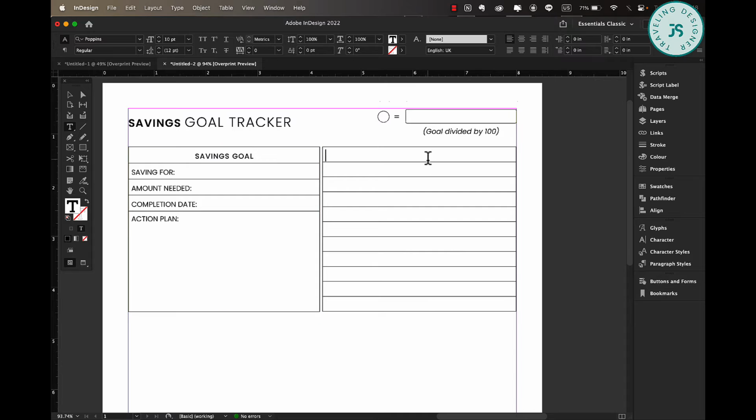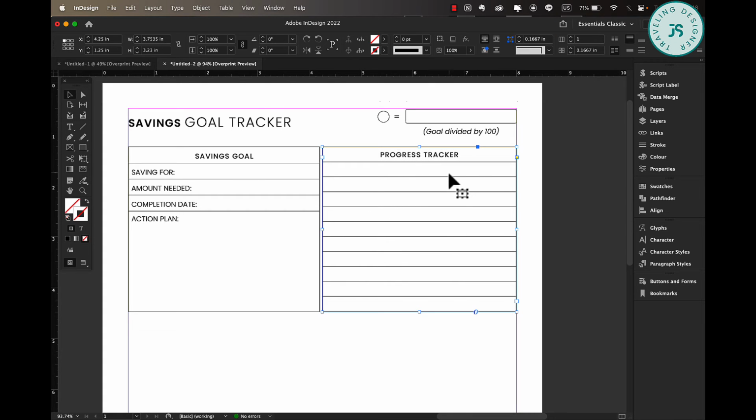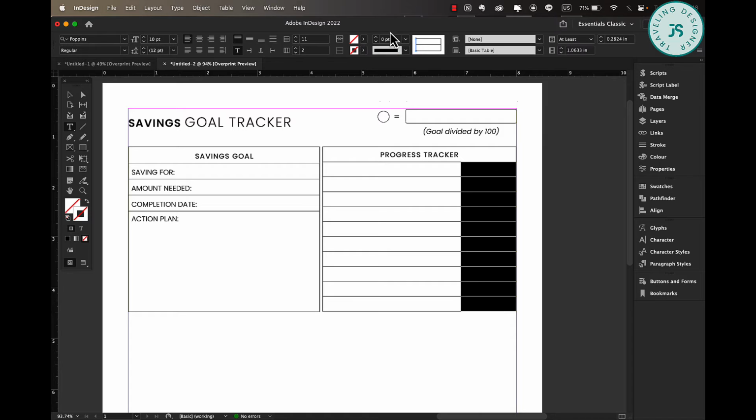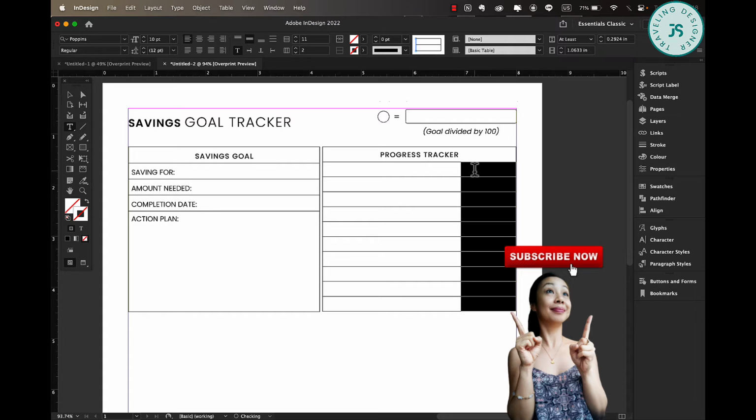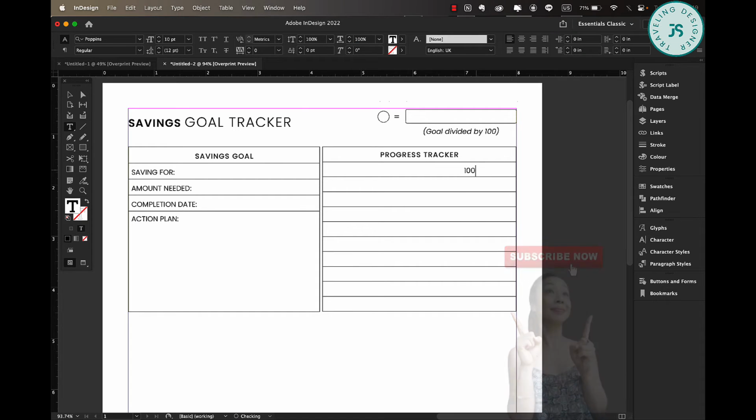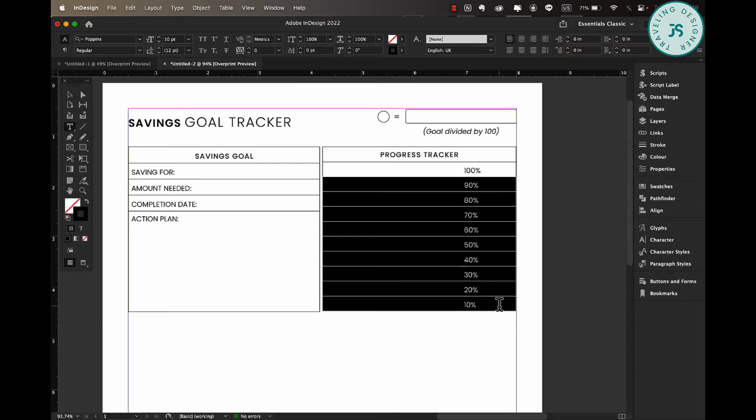Now I'm gonna copy this, put it there, and it's gonna say progress tracker. Okay, and for this, it's gonna be 100%. I'm going to copy that. I'm gonna change, oops, change that later. That's gonna be 100 to 10. Okay, and this part